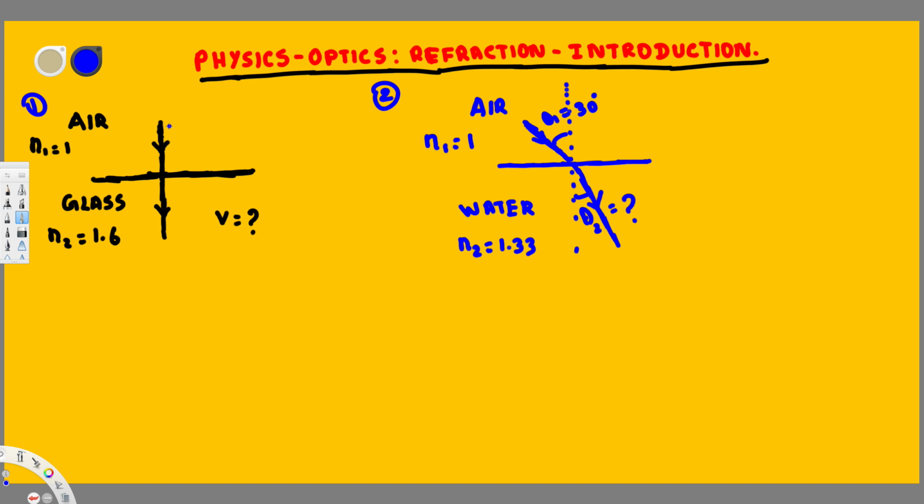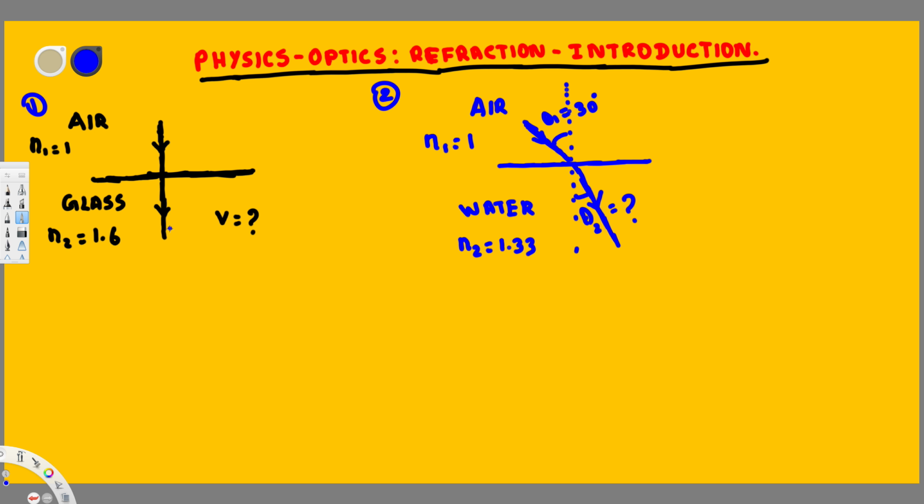So when it travels from air to glass, the speed is going to change due to the index of refraction, right? So the index of refraction of air is always 1, and whatever the other material is going to be higher than that. So here for the glass it's 1.6. So let's see what's going to happen to the speed of the light when it travels from air to glass,